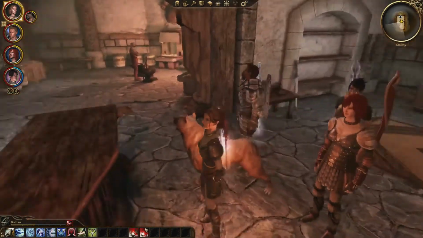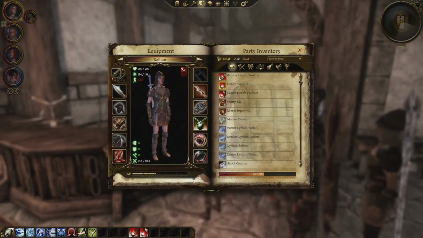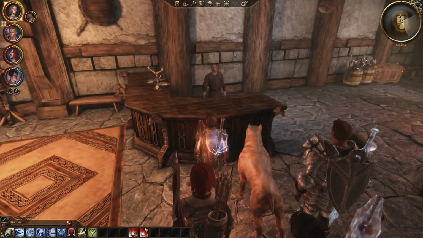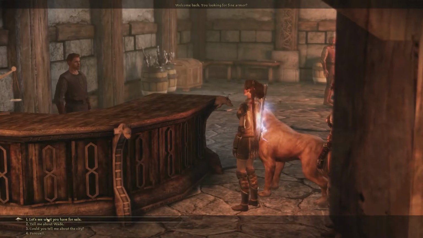We're here in Wade's Emporium. I'm gonna show you something real quick. We've had the same armor for such a long time. We've got tier 4 armor. Our strength is low. Our base strength is 15, and that's a little bit of an issue. So the next time we level up, I think we're gonna have to just go for strength